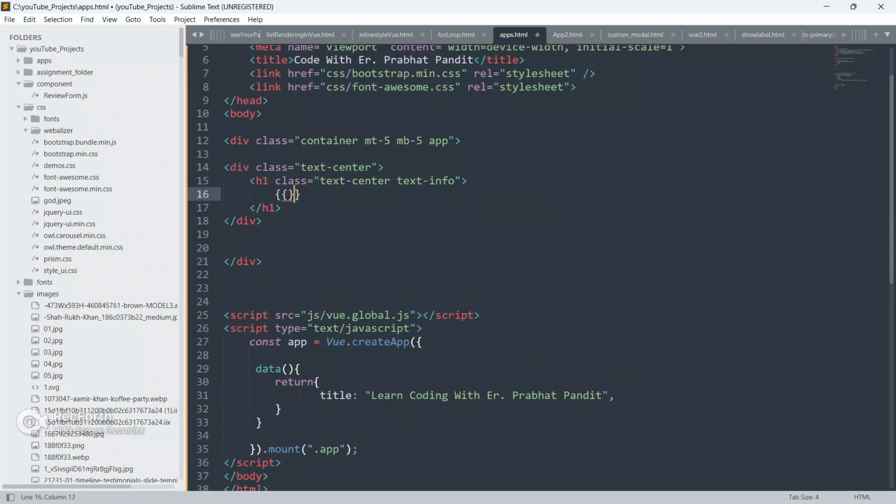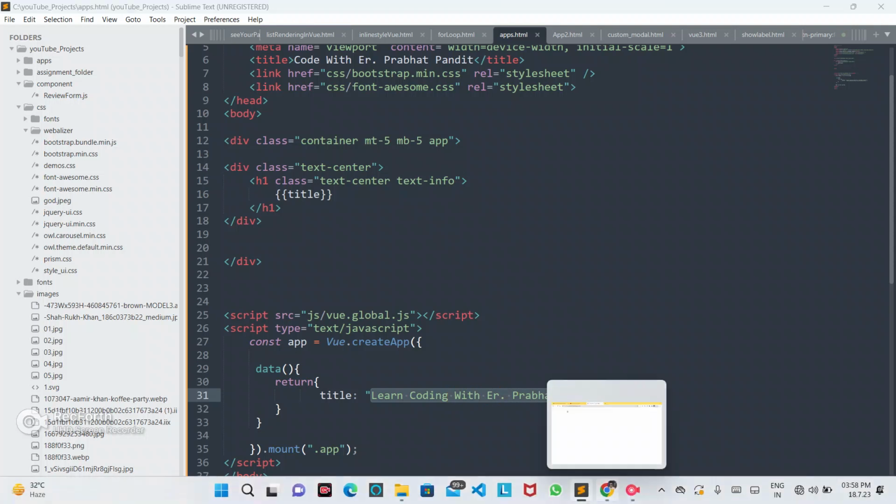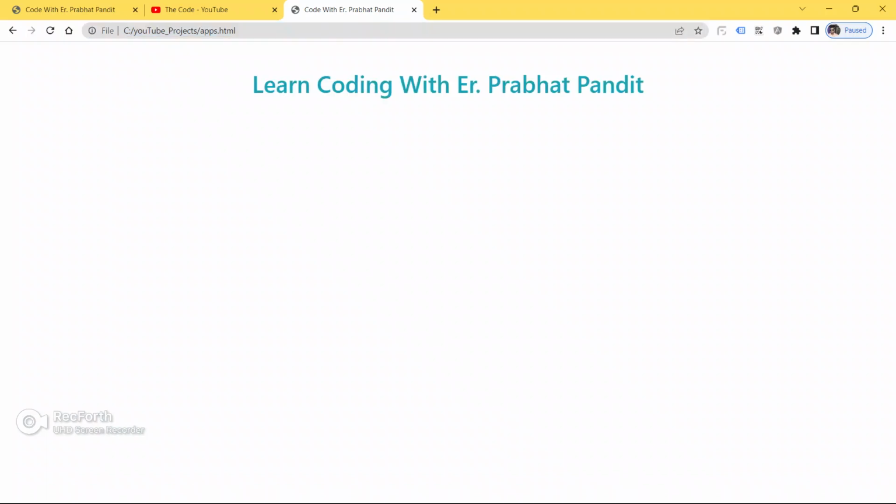And now inside this h1 we're gonna put double curly braces and I'm gonna put this variable name here. Okay, so now save your code. Ideally we should see some text like learn coding with ER Prabhat Pandit. Now go to the browser and refresh your page. See, now we are able to see the text learn coding with ER Prabhat Pandit.